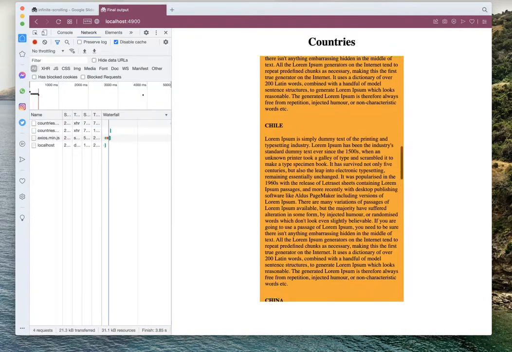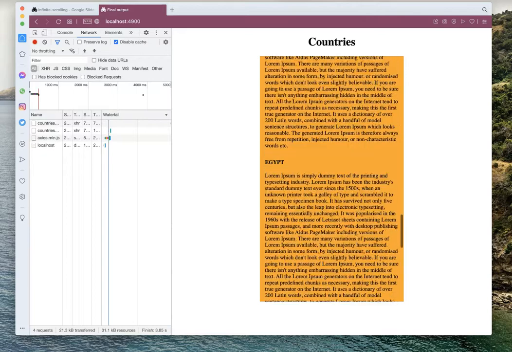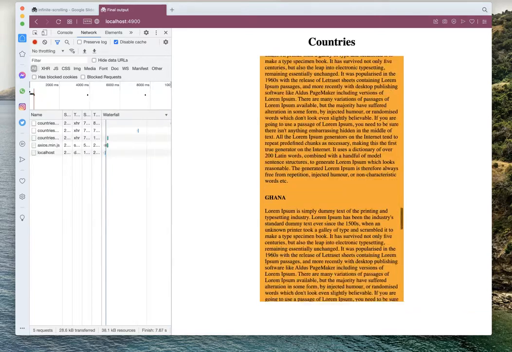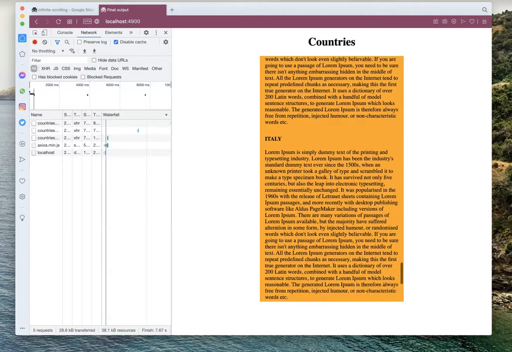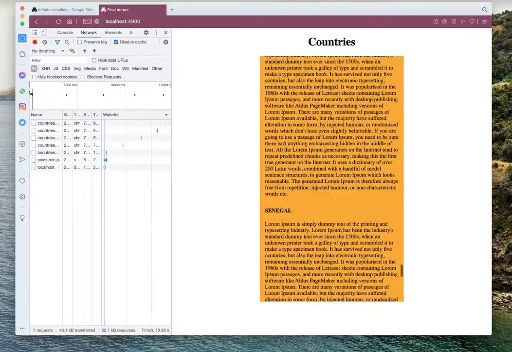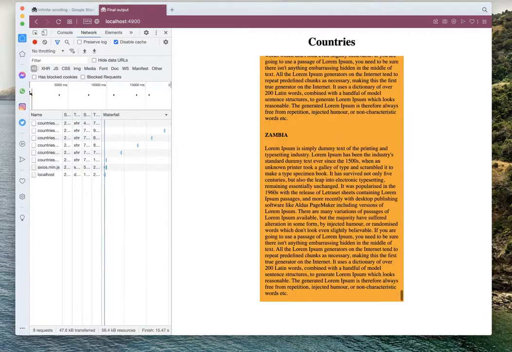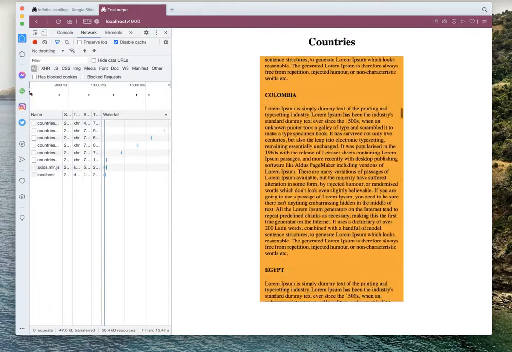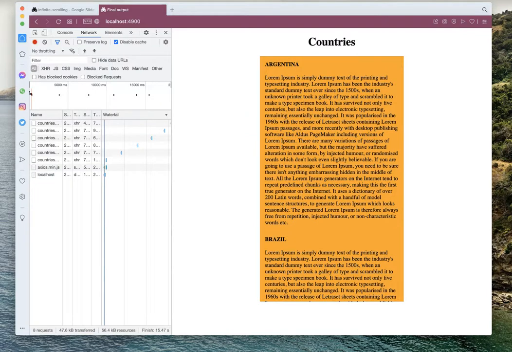On scroll, we'll be able to load additional records, until all the records from the backend are returned to the front end. So this is the output which we will be targeting to arrive at in this video.